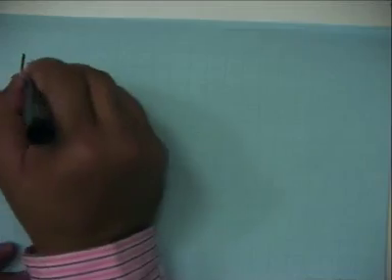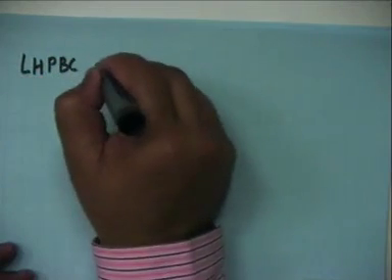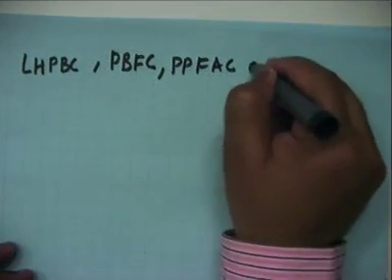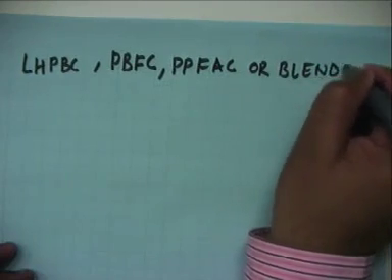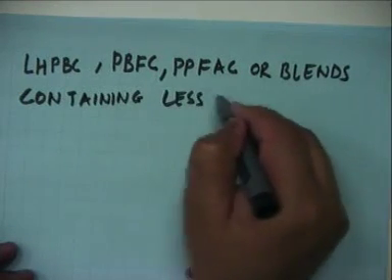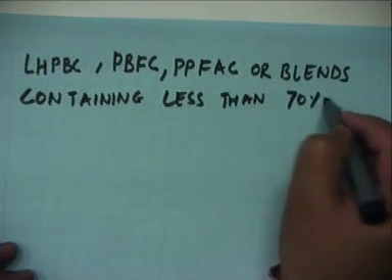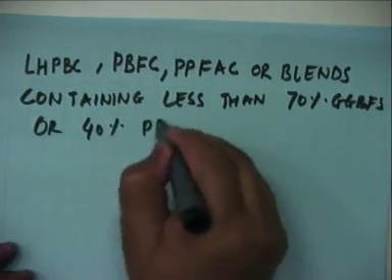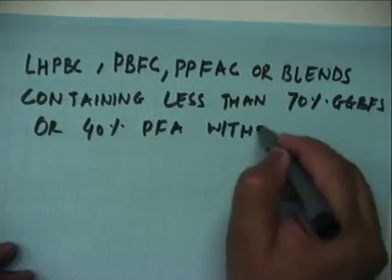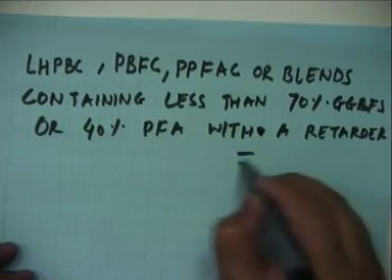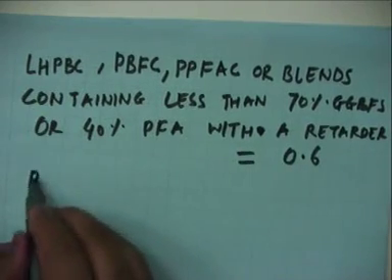Okay. So, I will just give you the two more values, which is LHPBC, PBFC, PPFAC or blends containing less than 70% GGBFS or 40% PFA without a retarder. For this C2 is 0.6, and finally blends